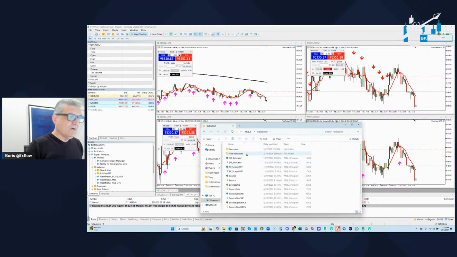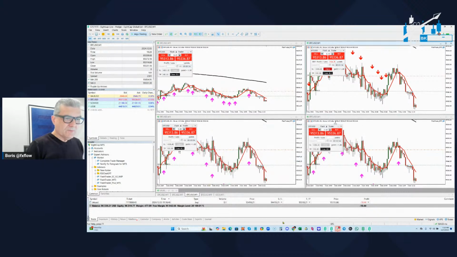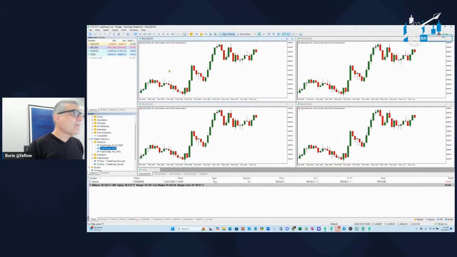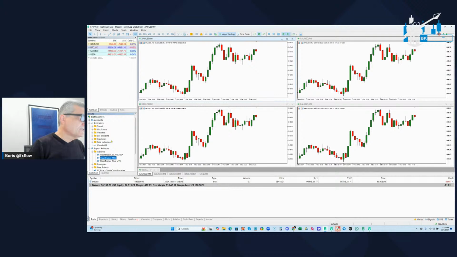You guys get to see the BFF indicator. Control C, and I'm going to go into this one. Open data folder, MQL, indicators, Control V, BFF, refresh,